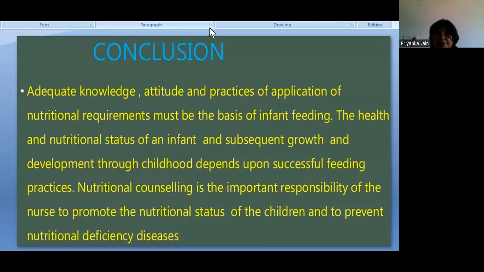Now, what is the conclusion if we advise on nutrition? Adequate knowledge, attitude, and practice of application of nutritional requirements must be the basis of treating infants. The health and nutritional status of the infant and subsequent growth and development through childhood depend upon successful feeding practices. Nutritional counseling is an important responsibility of the nurse to promote the nutritional status of children